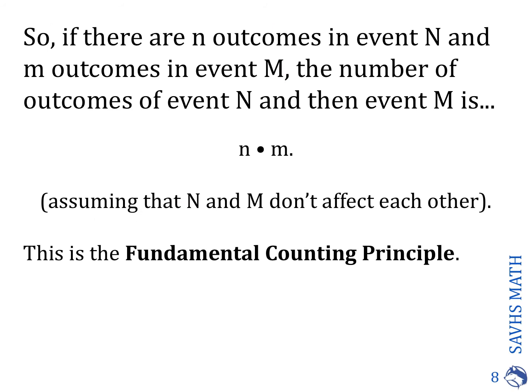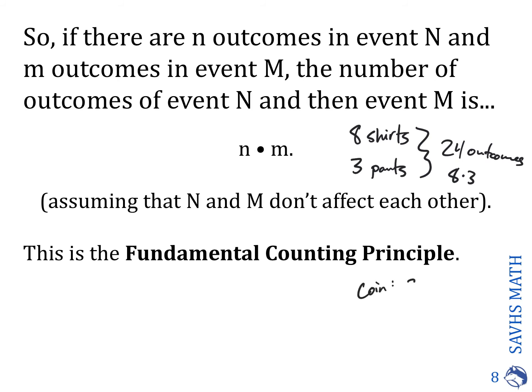Now, this is a lot of words for a very simple idea, and we saw it on the last 2 slides. Remember when we said we had 8 pairs of pants and 3 shirts? Nope, just kidding, it was the other way around. Sorry. We had 8 shirts and 3 pairs of pants, and we got 24 outcomes. That was 8 times 3. And we did the coin and the die. We had the coin, which was 2, and the die, which was 6, and 2 times 6 is